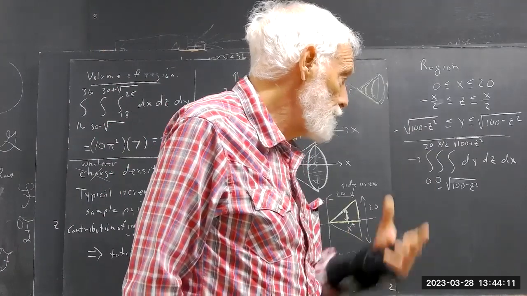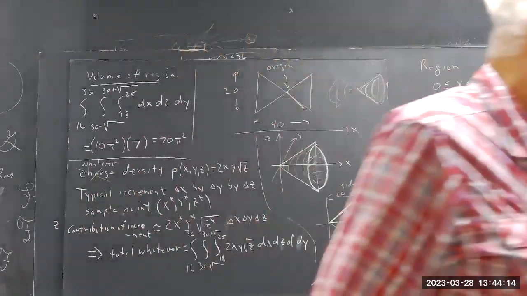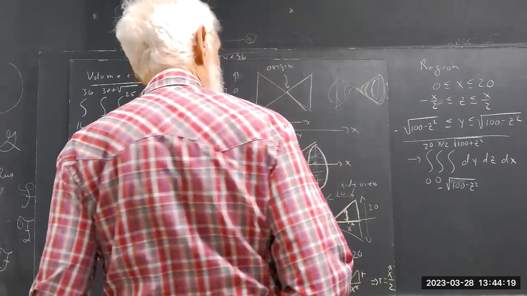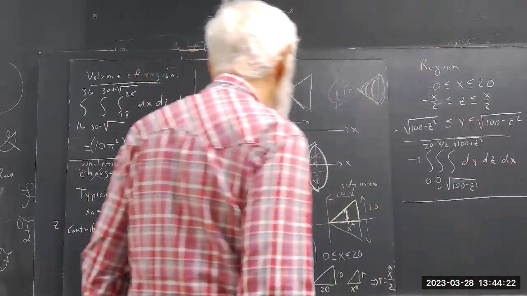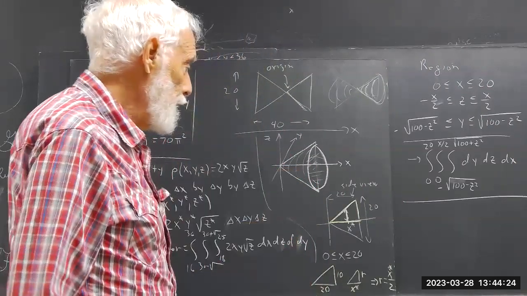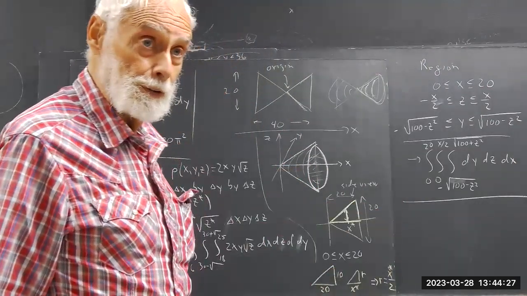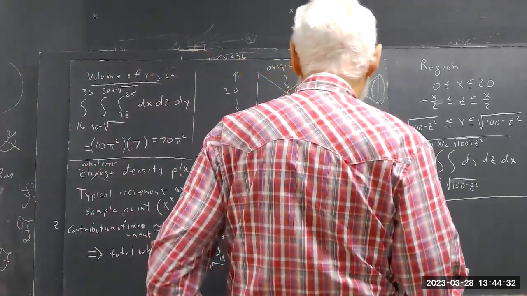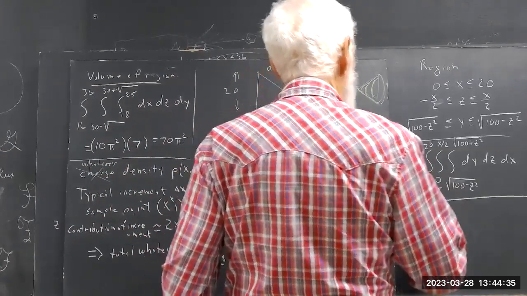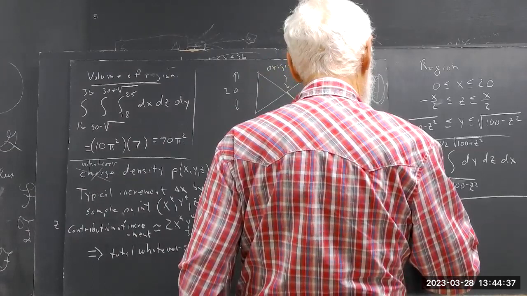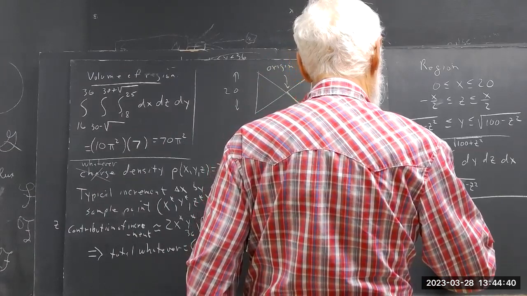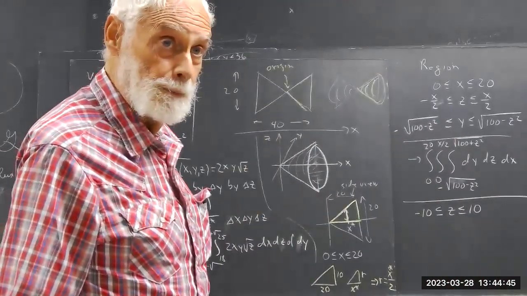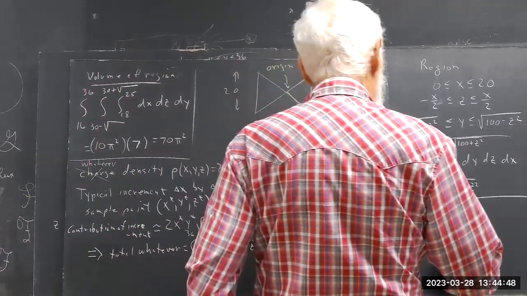There's stuff about changing the order of the integration. I don't want to do that. Okay, let me just do this differently. Illustrate that. This region doesn't have to be described by x-sections. I can describe this region equally well by saying y and z. So we can let z go from negative 10 to 10, and we can let y go from